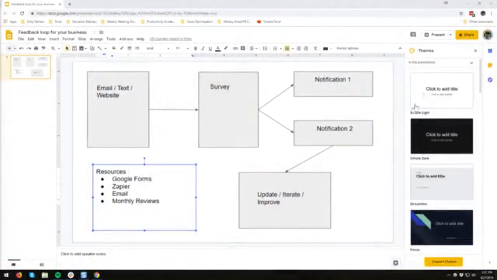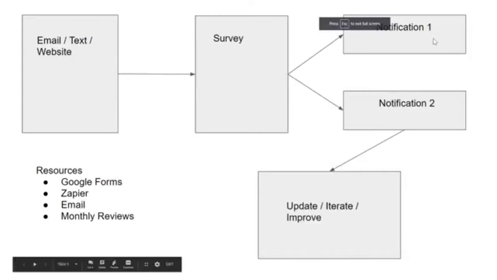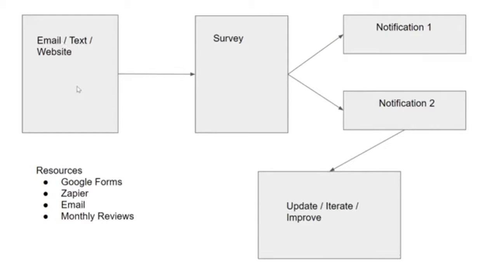Got it set up on the other monitor here. So let me go with the presentation mode. So this can be really pretty simple. This doesn't have to be terribly complex. So just to show this a little bit better about what I mean, you could have an email go out. Okay, let's say you have a business with an email list, and you could just send out